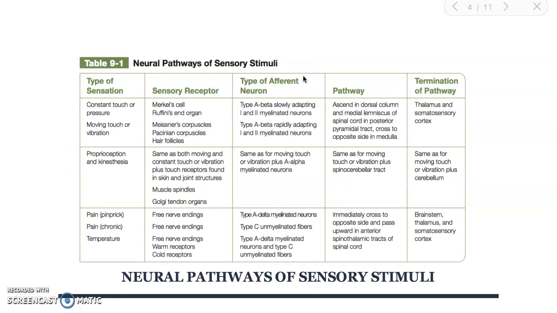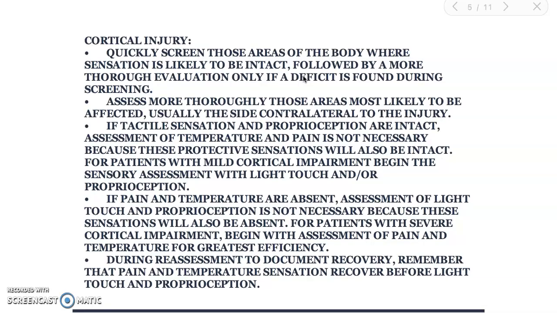So these are some neural pathways of sensory stimuli. This is coming from chapter 9 of Radomski, so if you want more information on this, please refer to that chapter. So now there's going to be a few examples of different injuries and what we want to focus on. This is all in the book, so I know it's very lengthy, but I'll just quickly go through a few